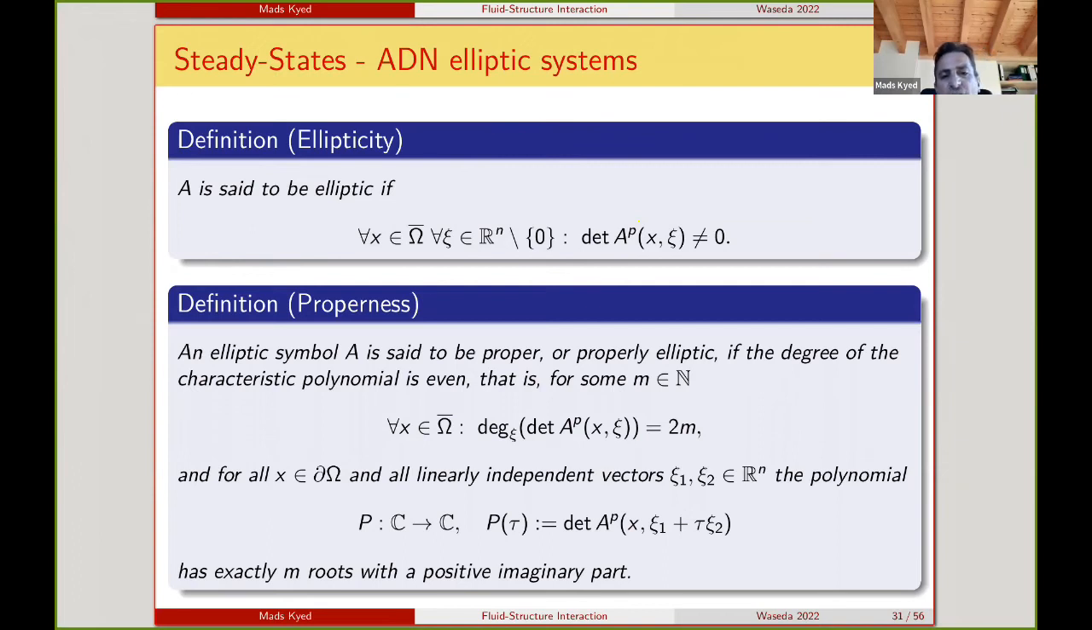An elliptic symbol is said to be properly elliptic if the degree of the characteristic polynomial, which is just the determinant of the principal symbol that you see up there, is even, and for all, if you fix the x on the boundary, then